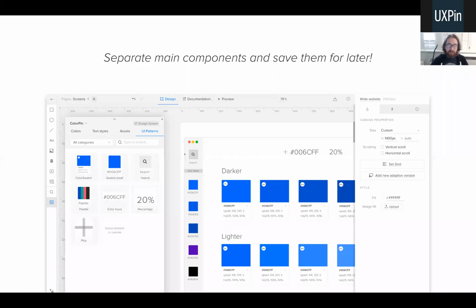So I had principles in place, so I could kind of expect what I'm going after when it comes to the stylistic value and the overall look and feel, but also when it comes to the content. And then I designed some of the first components before actually organizing the whole screen. In this particular case, this little color swatch was the first component that I designed for the entire project. And then I moved from there. And I'm going to show you how that can look in a second. But it's important to just grasp the concept that we have to save